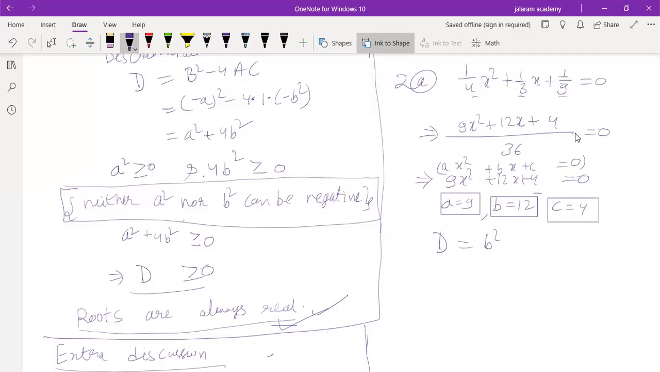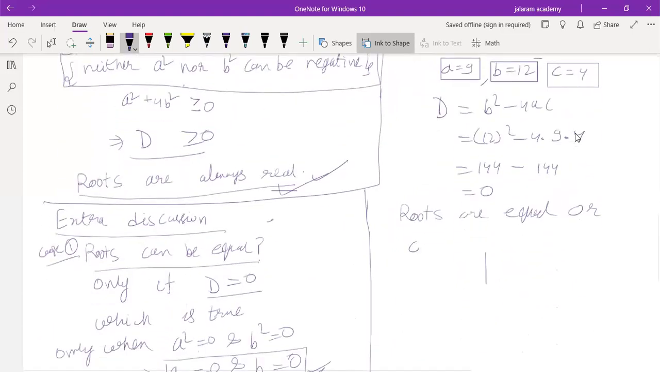So it is b square minus 4ac. Now b is 12 square minus 4 into value of a is 9 into value of c is 4. 12 square we all know 144 minus 4 4 the 16 9 is 144 and 144 minus 144 is 0. So we call that roots are equal, or we can also say that only one root